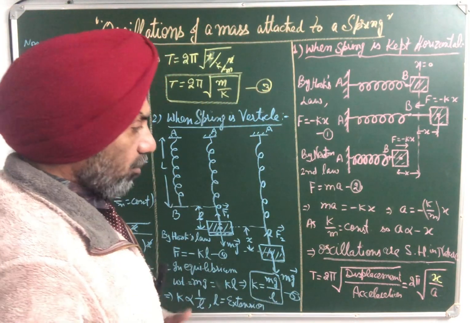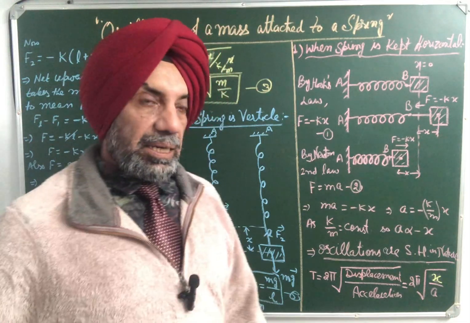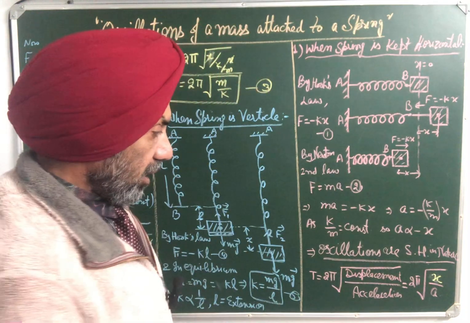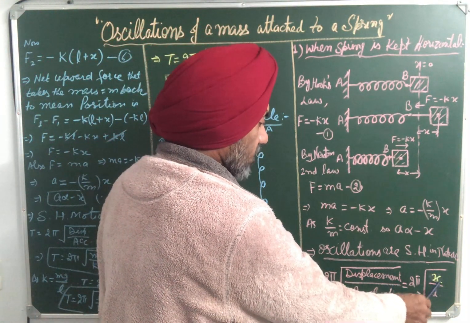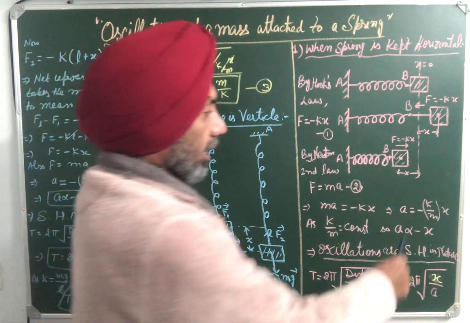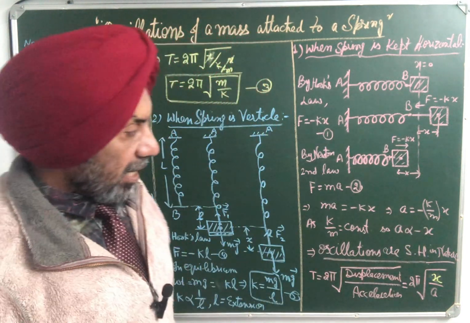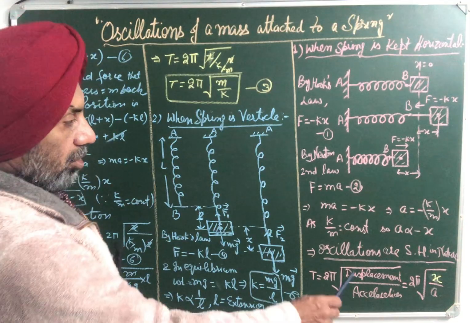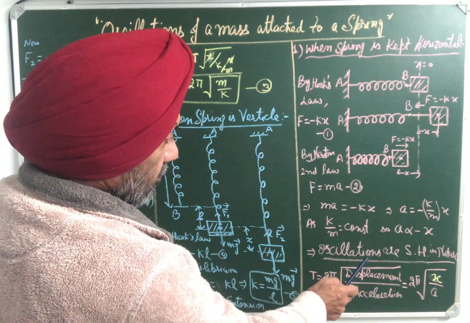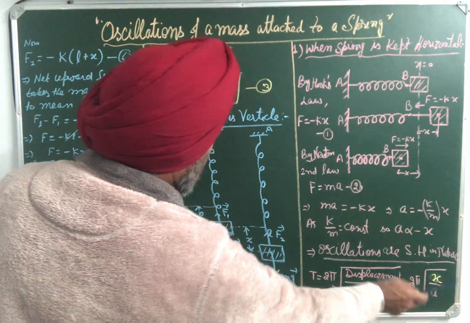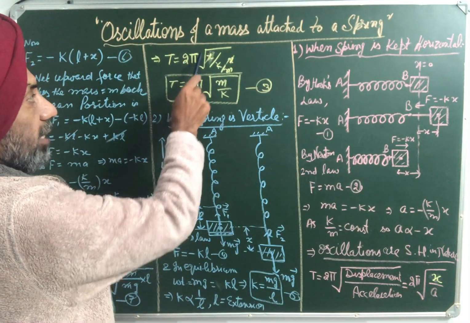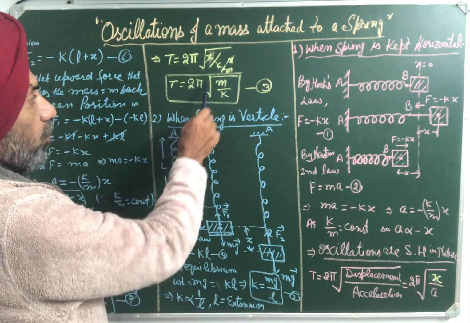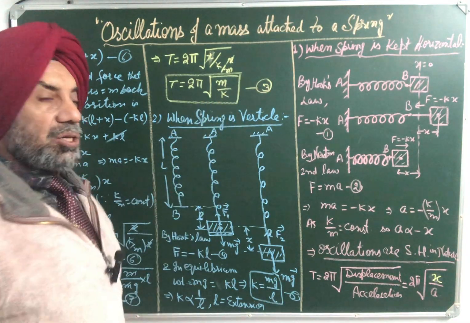If the oscillations are simple harmonic in nature, then if T is the time period, T must be equal to 2 pi under root displacement over acceleration, which we have already derived, or T is equal to 2 pi under root x upon a, because a is acceleration and x is the displacement from the mean position. Also, using the value of a from this equation, we have T is equal to 2 pi under root x upon k by m into x. So x cancels, so T is equal to 2 pi under root m upon k,